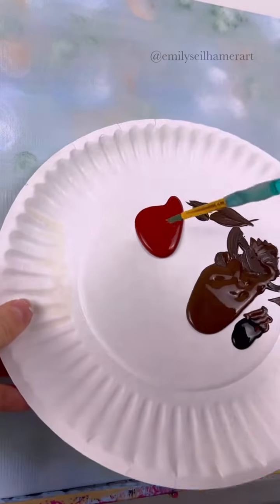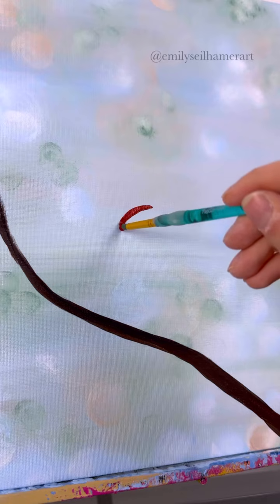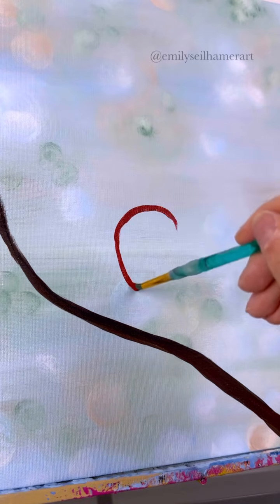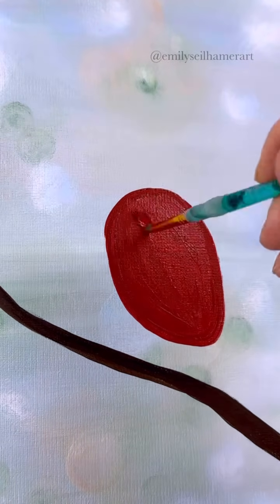Before doing any other branches, we want to make sure we leave room for him. First, leave a space for his legs, and we're going to do an egg shape. So the wide part of the egg is going to be at the top of the bird. I'm going to have him leaning to the left, and the pointed part of the egg is towards the bottom, and fill it in. I'm using a dark red for this just as a base coat,